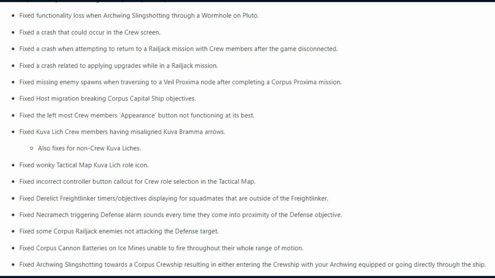As for the Railjack fixes, DE fixed the functionality loss when Arcwing slingshotting through a wormhole on Pluto, a crash that could occur in the crew screen, a crash when attempting to return to a Railjack mission with crew members after the game disconnected, a crash related to applying upgrades while in a Railjack mission, missing enemy spawns when traversing to a Veil Proxima node after completing a Corpus Proxima mission, host migrations breaking Corpus capital ship objectives,